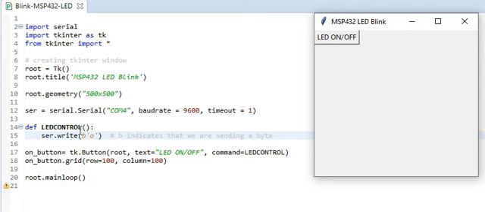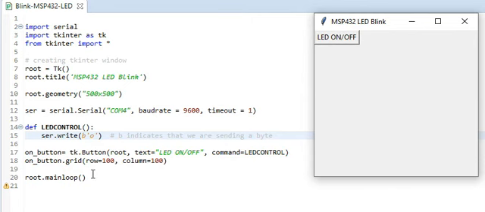That is named LED control, and once the method is called, over the serial port we are writing a small O. Here the b indicates that we are writing a byte of data. So that's how we are pushing out the data here. Once the method is created, it needs to be called, right? We call this method when there is a click on this button.